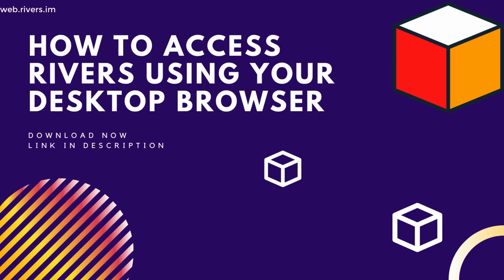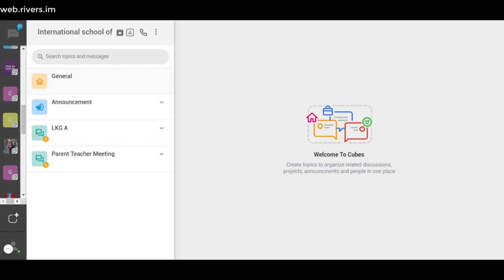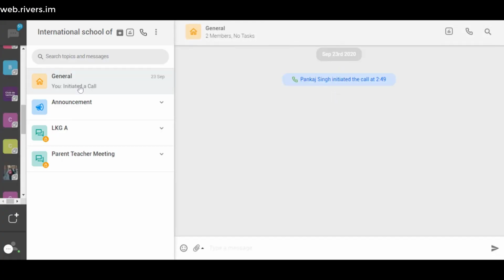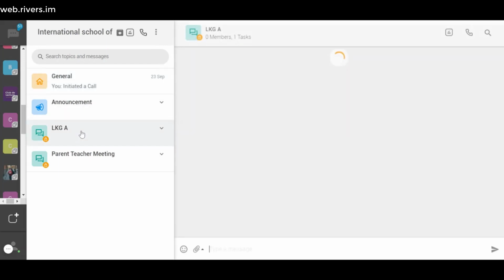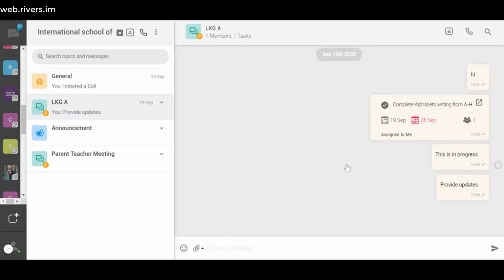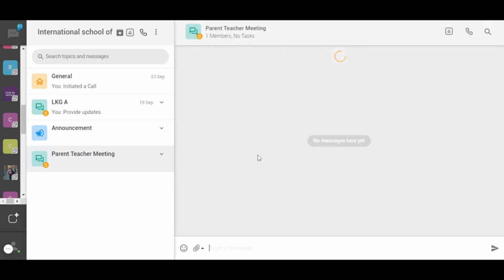You can continue to use the Rivers app or use Rivers on the web by going to web.rivers.in. If you wish to download it for other platforms, Windows or Mac, you can download directly from the website.